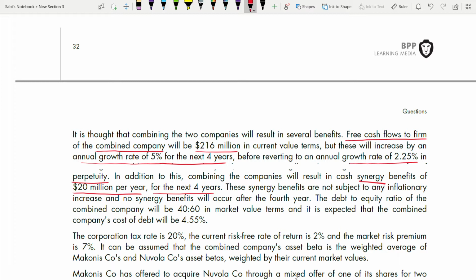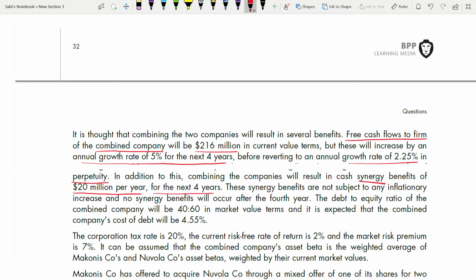The debt to equity ratio of the combined company. Why is the debt to equity ratio given to you? You have been given some equity beta and asset beta, right? From your experience by now, since you have done so many questions, you should be able to know why some numbers or terms, such as asset beta and equity beta, are given, and how you can use them. So in this condition, it could be used to find what? Cost of capital or cost of equity,